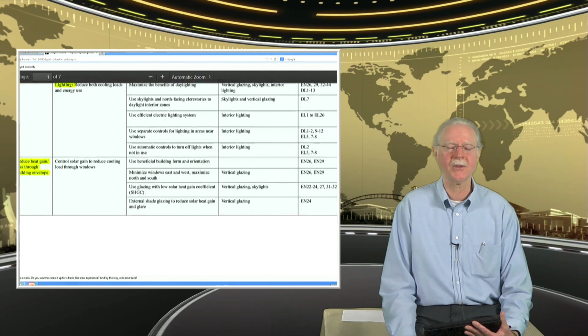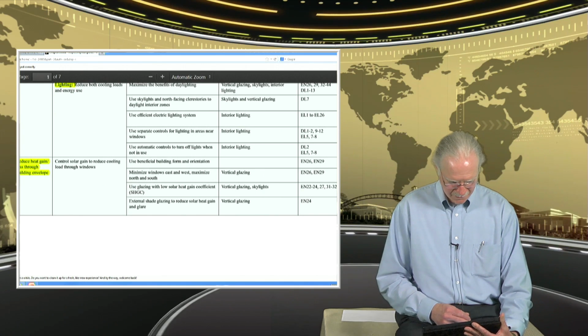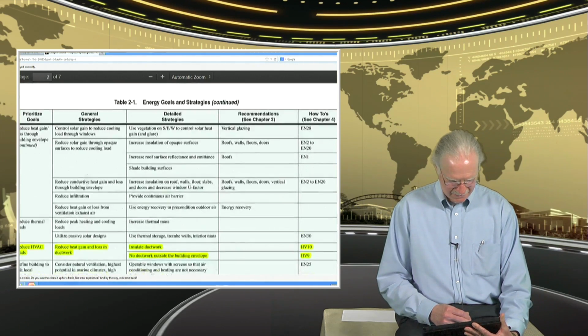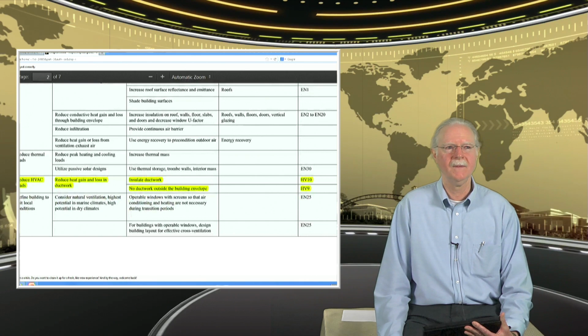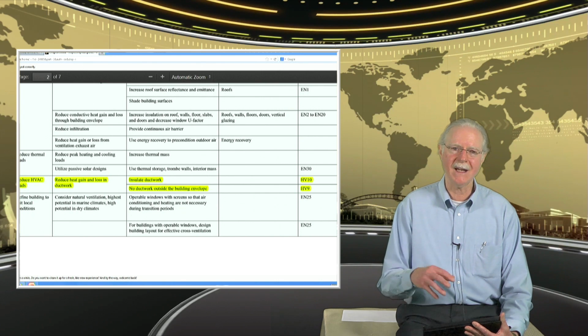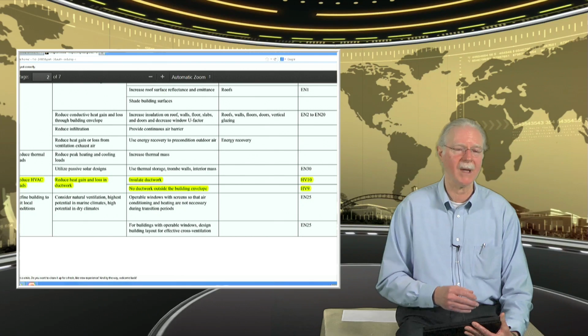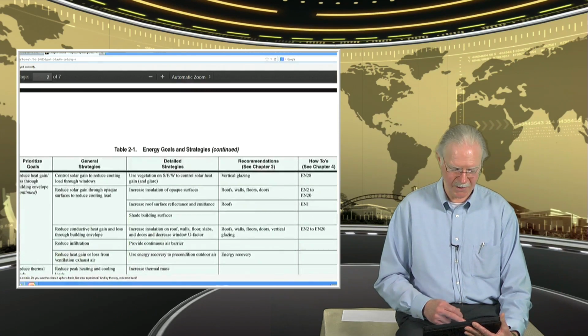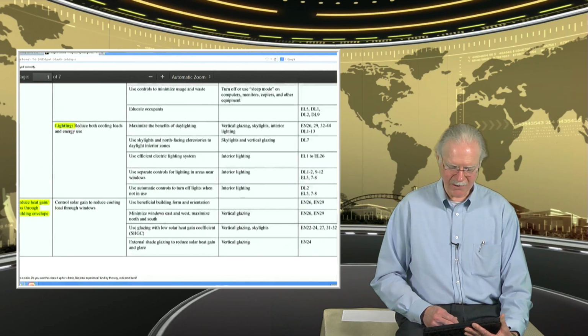Reducing heat gain and loss to the building envelope, we've talked about. Reducing energy use through gain and loss in the ductwork is tied into the HVAC system. The next topic that we're going to talk about is the heating and cooling system. And as we look at this chart,